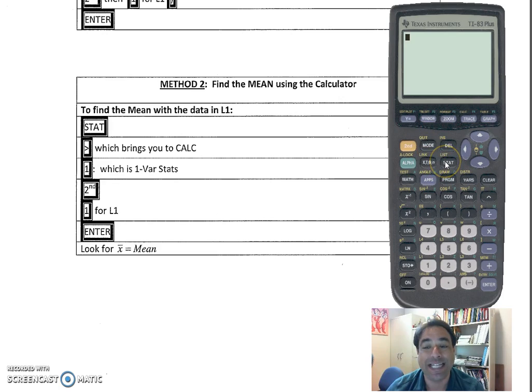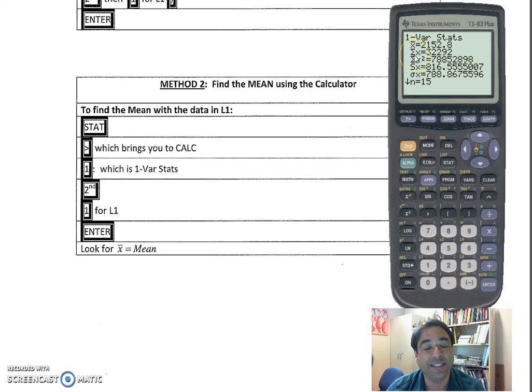If I hit stat, not second stat, just stat, to the right for calculate, choose number 1 for one variable statistics. Then I need to tell it what list we're in. So we have list 1, second 1, push enter, and a bunch of things come up. And all these are important. We'll talk about them over time. But x bar would be your mean. We talked about that symbol,